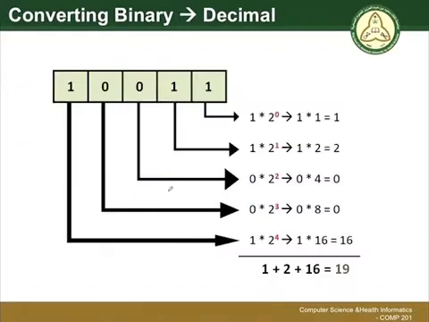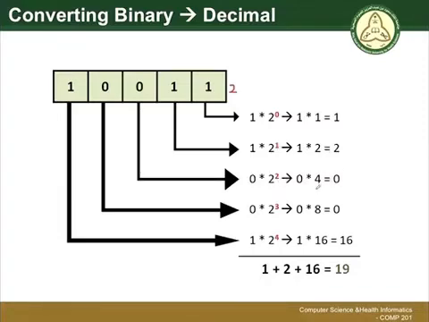The same goes for this example. This number is in binary, so we start from the right and we multiply by the power of 2 based on the position. So here 1 multiplied by 2 to the power of 0 is going to be 1 multiplied by 1, which is 1. Then we come here, 1 multiplied by 2 to the power of 1, it's going to give me 1 multiplied by 2, which is 2. Then I'm going to come here, 0 multiplied by 2 to the power of 2 is going to be 0